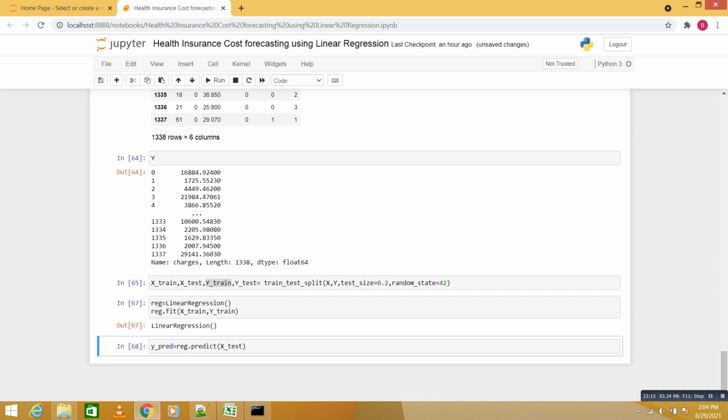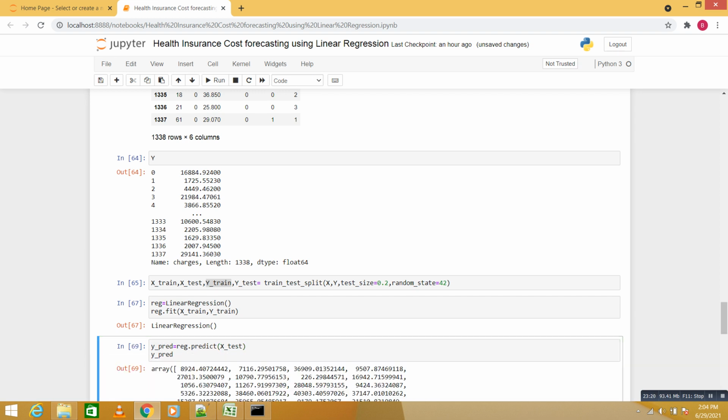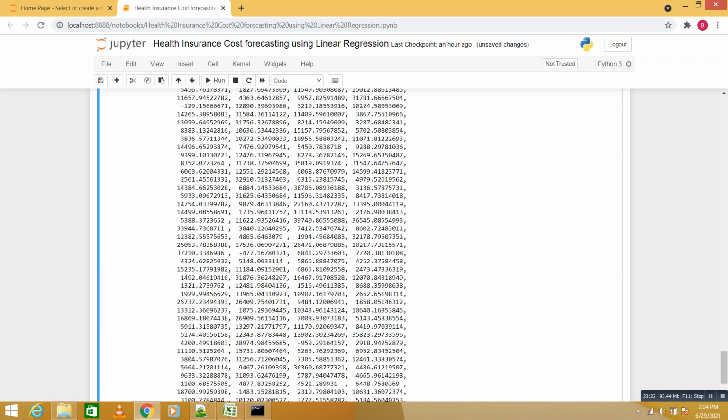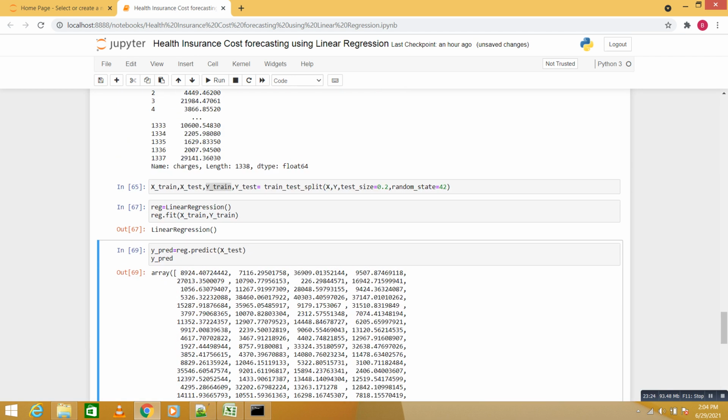So these are the predicted values. We already have the total prediction in y, and we are going to predict the value of x. We have trained the model based on x train and y train. So basically, rig dot fit means we have fit our data into this equation. That is nothing but the rig dot fit.